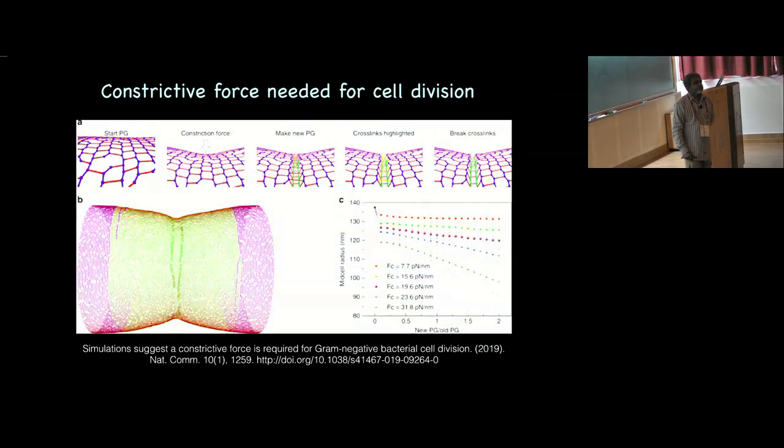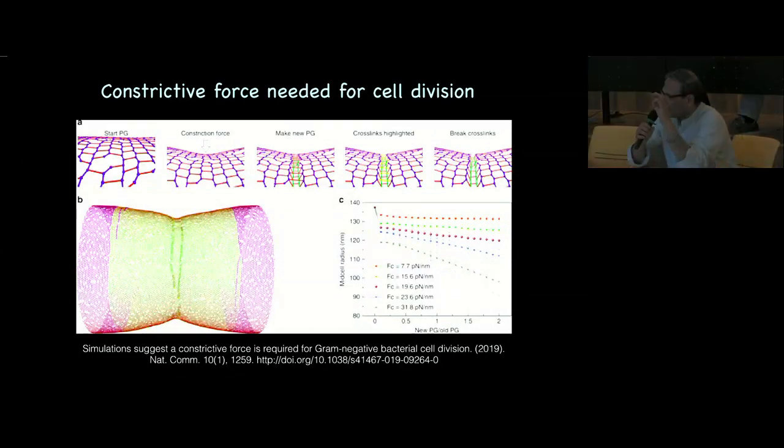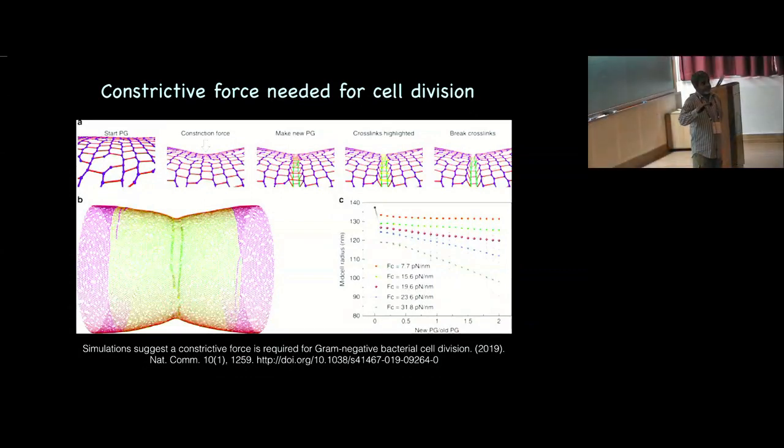Just a clarification. What is the causal direction? Does the FtsZ ring form first before the constriction starts? Yes. Or is it the claim that you need a kind of a dent first? No. There's no need of a dent, but there could be a need for cell wall synthesis in the region